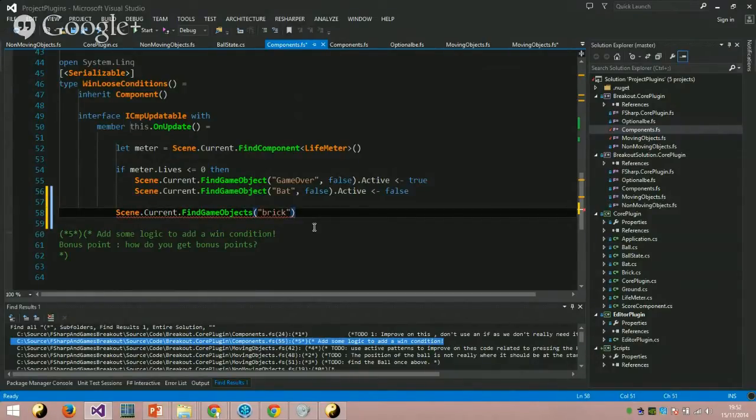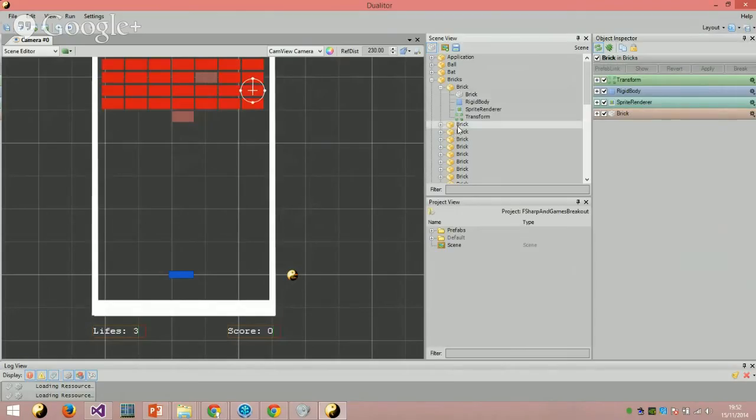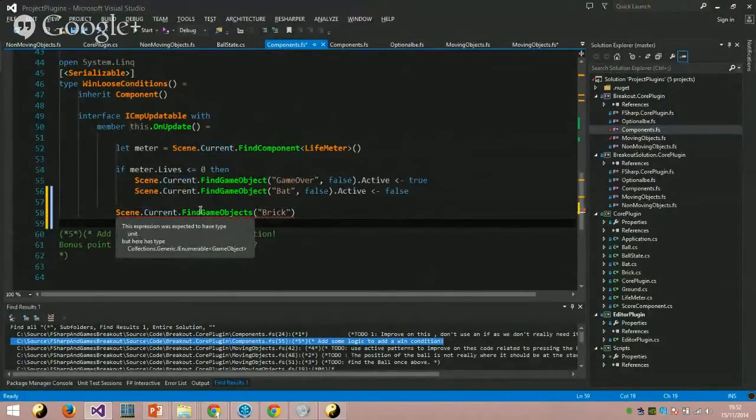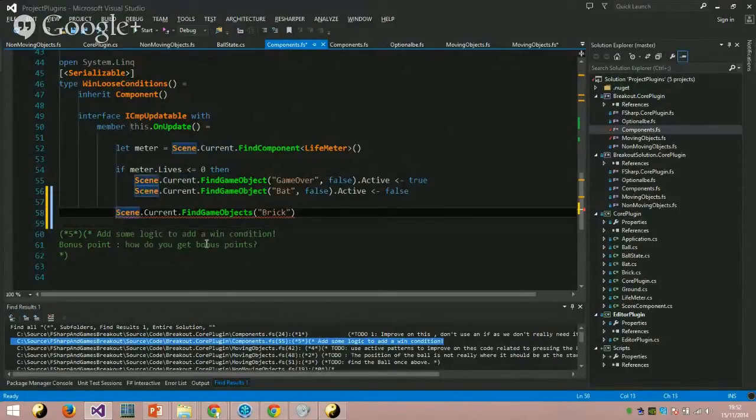Also, I think there is a better way still. Actually, what we can do to find out in a more signature way, yeah, it should give us back an enumerable of game object. So this should say let